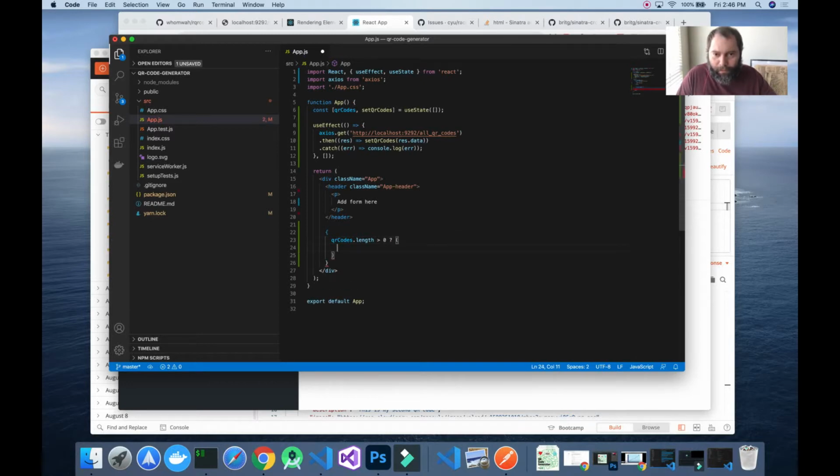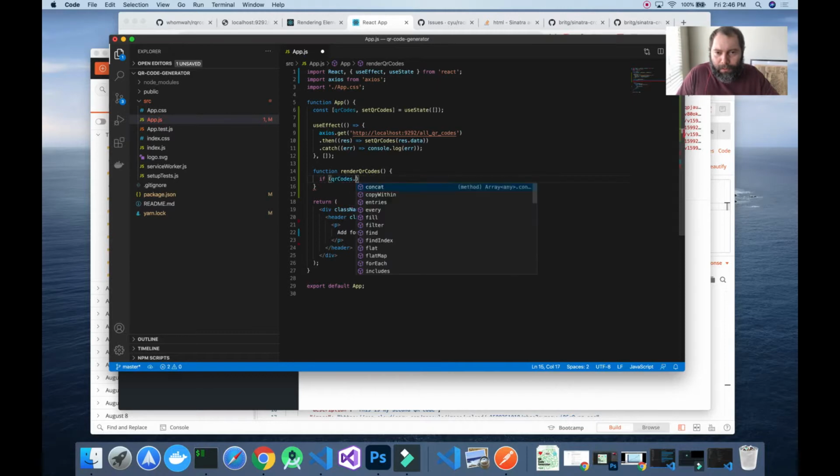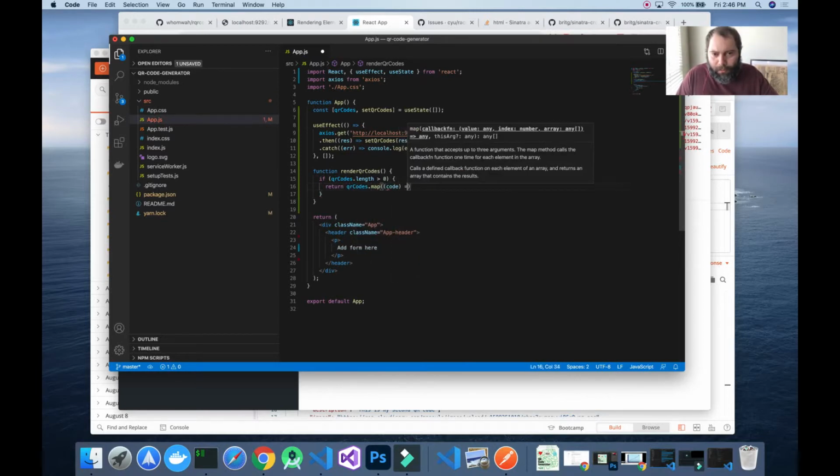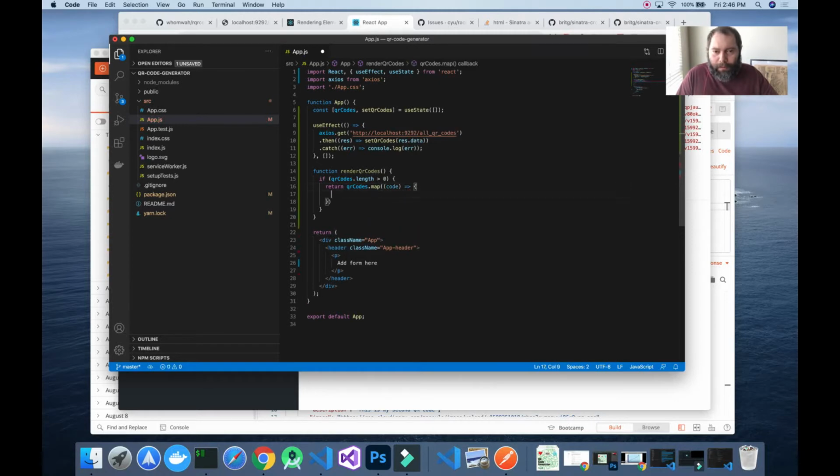And then actually let's create a render QR codes function, and here we can say if QR codes.length is more than 0, we will return QR codes.map code, and here we will do